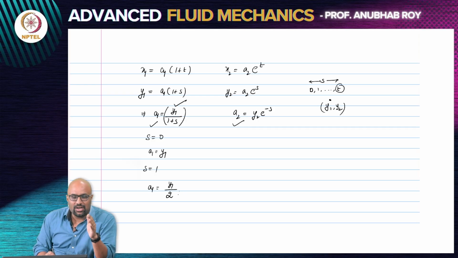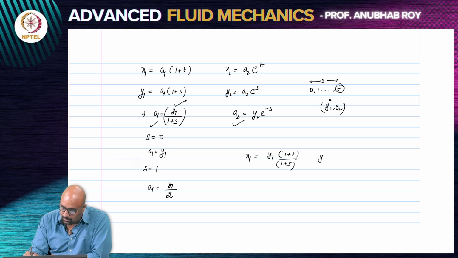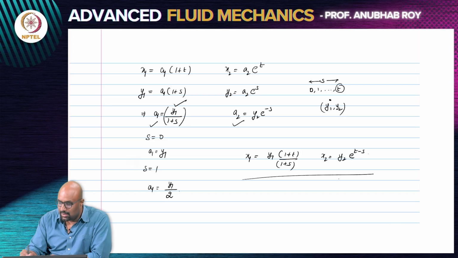So you are defining initial condition at the time instant t equals 0. If I am expected to pass through a point at some time between 0 and t, obviously that point is going to be different from where I was at t equals 0. And that is exactly what we are trying to work out. So with this, now we have a relation of the initial condition, and we are almost done. This gives me my equation for streak line. So what do you need to do? You need to choose a value of s that runs between 0 and t, and you will get the curve.